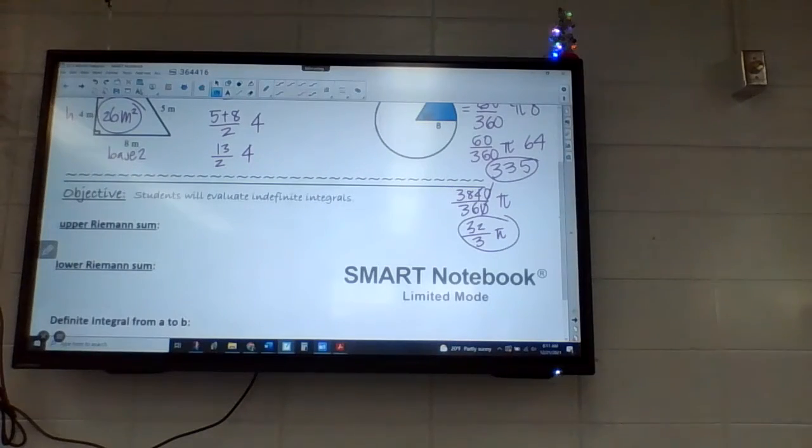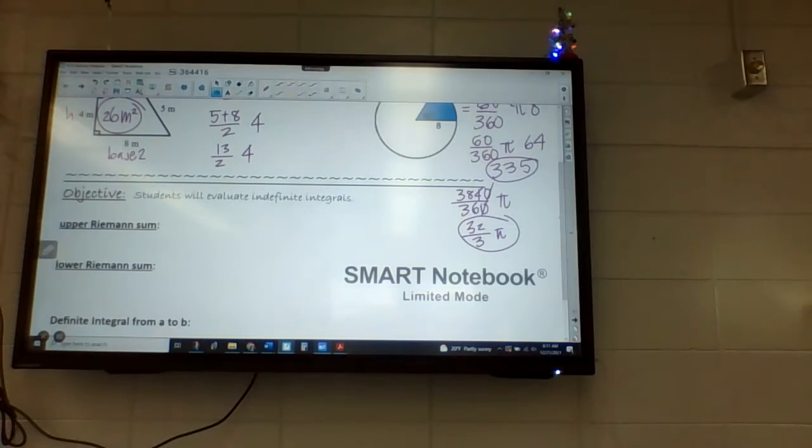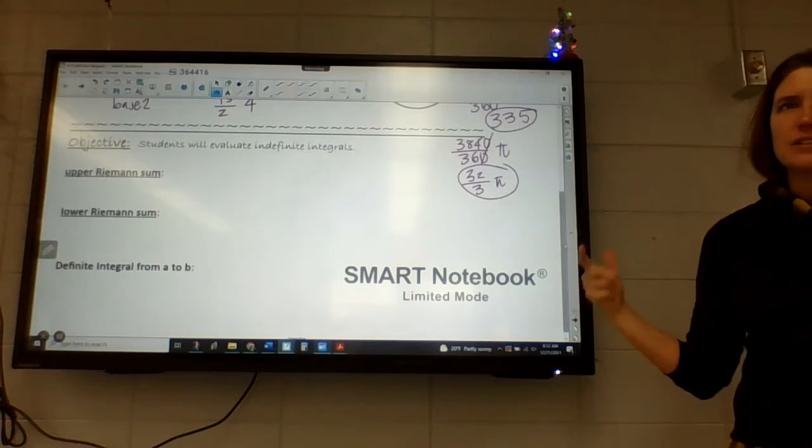So again, I didn't just pull these warm-ups out of completely nowhere. I chose these because we'll have to be able to find the areas with those two types as we go today. So we've been calling them left hand and right hand endpoints. We're going to talk about today an upper sum and a lower sum. We're not really going to use that all that much, but I was getting into that yesterday in our notes